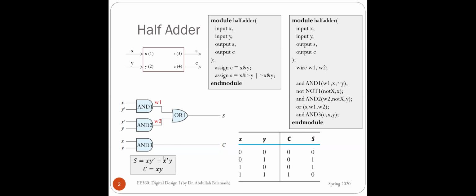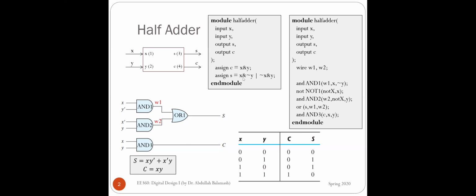We'll start with Boolean functions. To describe or to write a Boolean function, we start with a keyword assign. We say assign C equal X and Y. This is the symbol for and in Verilog. It means X and Y, then semicolon. This is the C. The S,